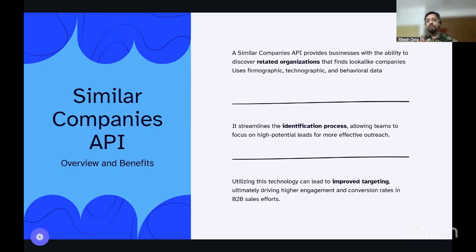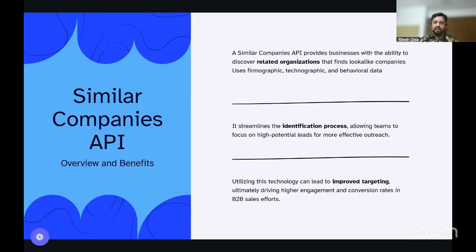Now, that's very important. Till now, we talked about firmographic, technographic, but we did not talk about the behavioral data. Using this kind of AI-based agentic solution, you can also check the behavioral data. For example, how they are behaving, right? If they are posting certain type of jobs, or they are receiving certain type of traffic, or they are talking about certain type of product and solution.